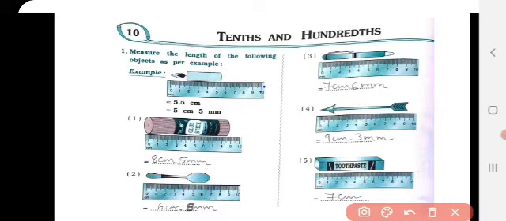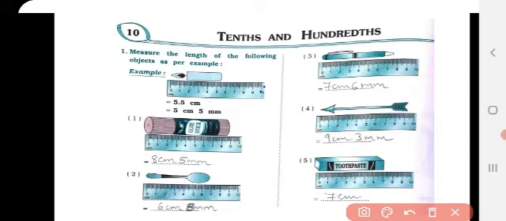Now continuing further, as we had seen the candle, they had given an example of a burning candle. It starts from 0. Whenever we measure an object, it always starts from 0 on the ruler. On your ruler there is a 0 mark. Whenever you measure an object, you have to measure starting from 0, not from 1. Remember, you have to measure an object from the initial point, that is 0. And the candle is not exactly 5 centimeter, neither is it 6 centimeter. The length of the candle ends on a small division that you can count, that is 5.5.